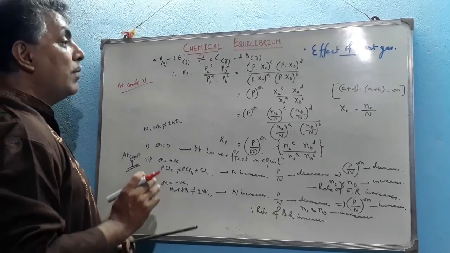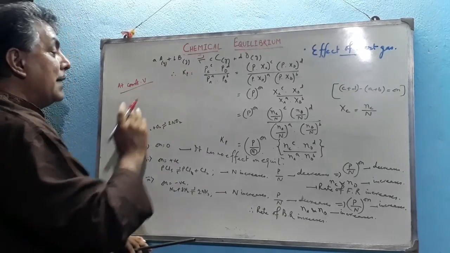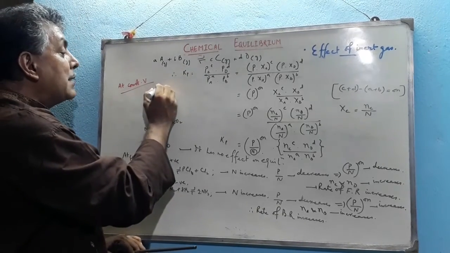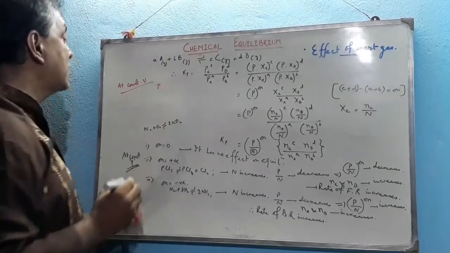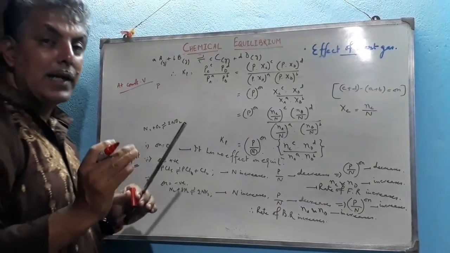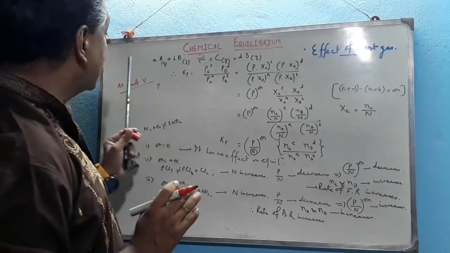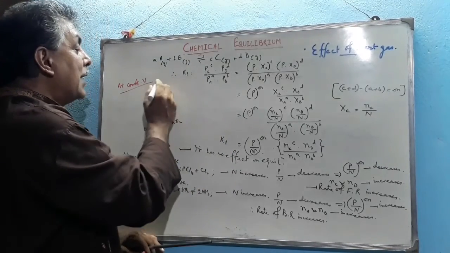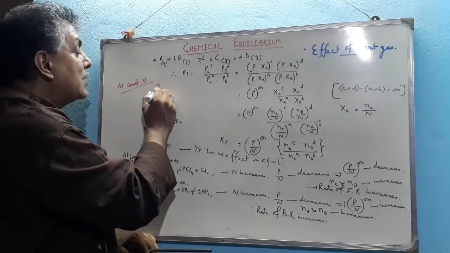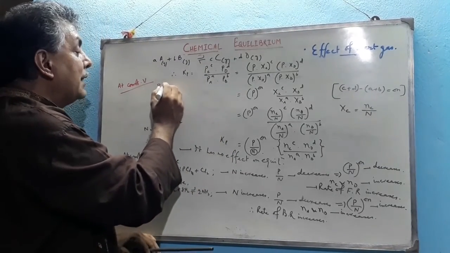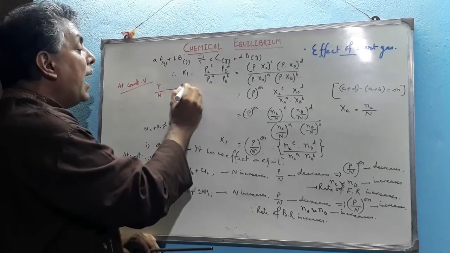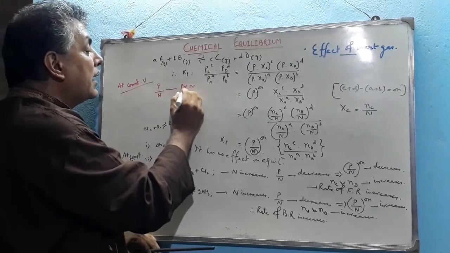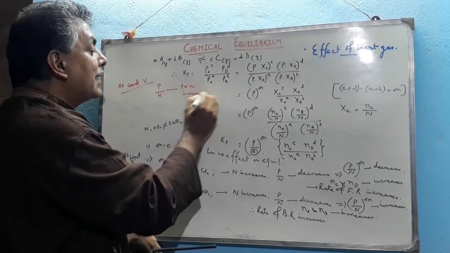At constant volume, if we insert some inert gas, then that will increase the total pressure of the system, because the volume remains constant. That will increase the P, and as well as that will increase the N, and this P and N increases proportionately,